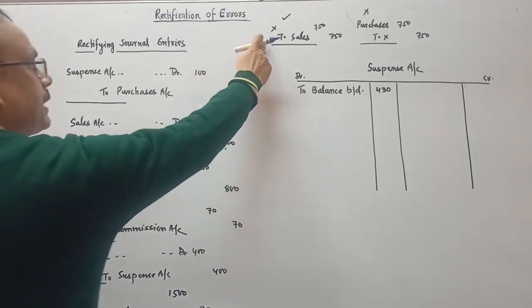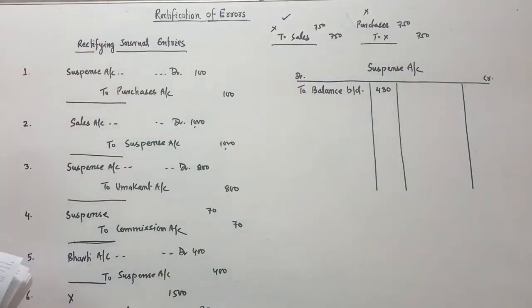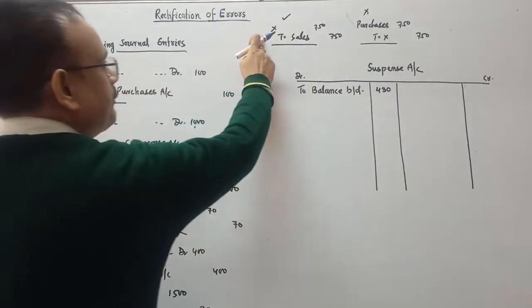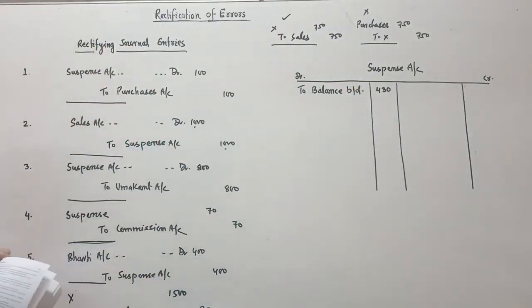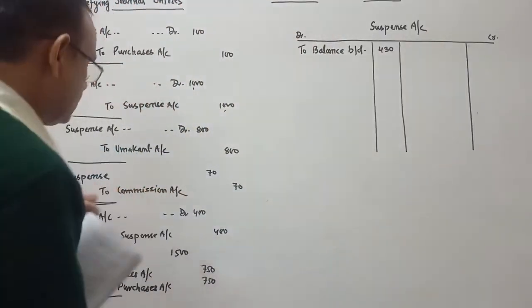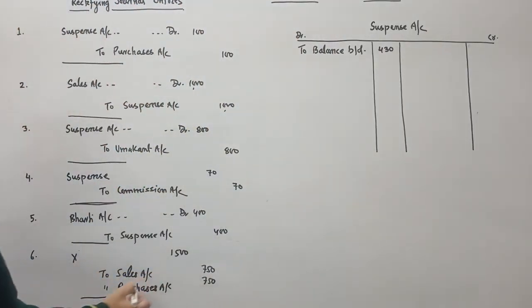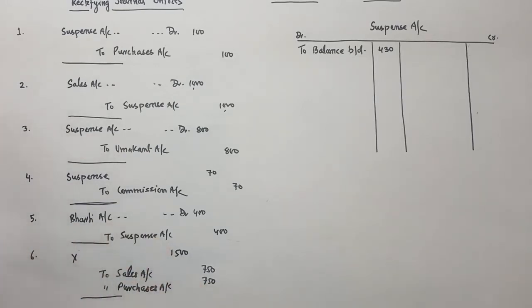Sales is in the right place. Purchase is debit, we have to cancel the purchase, and X which is to be debited, it is credited wrongly. So X account should be debited by 1500, double amount. Is it clear? So sales is credit, purchase is credit, purchase is cancelled, and X account has to be debited